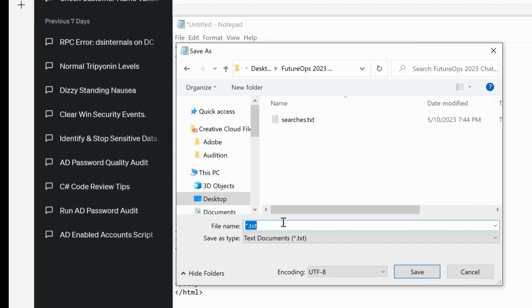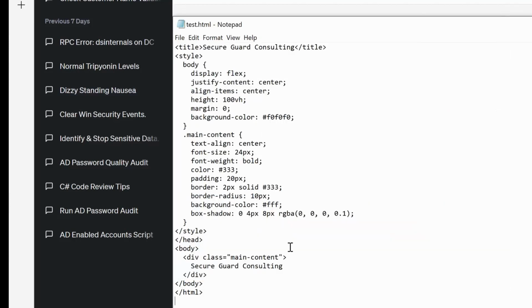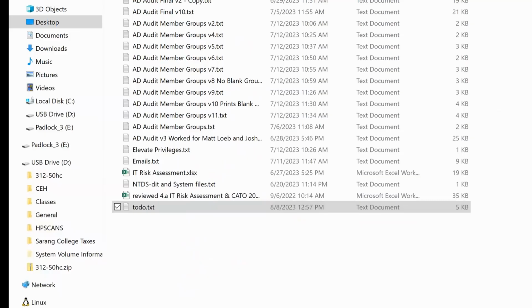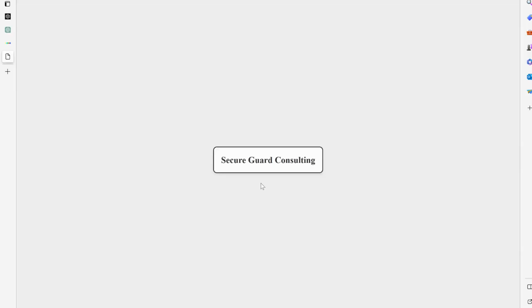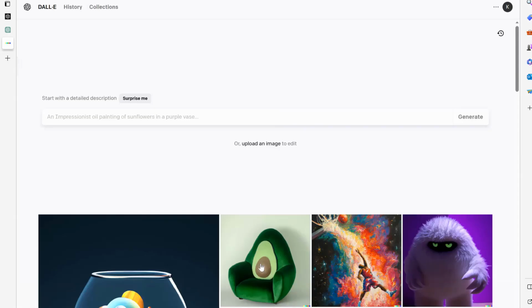You call this test.html, right? And then you could pull it up, right? So you notice that, I mean, it's just clean and simple code, and it's a simple task. But let's say I wanted to get more complicated on it and say,